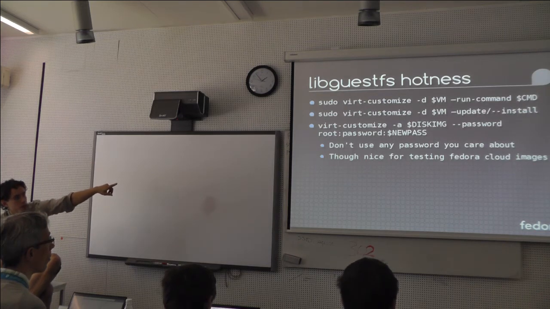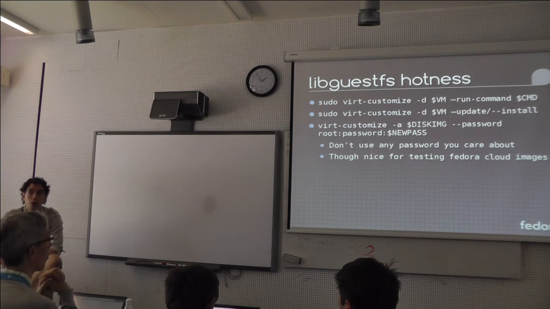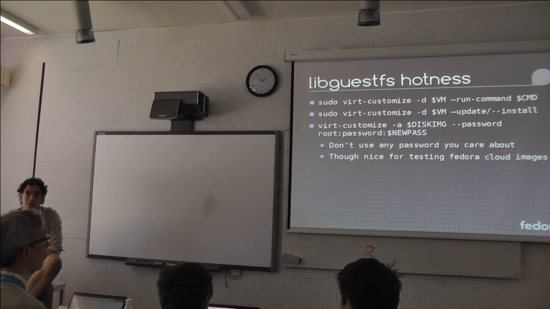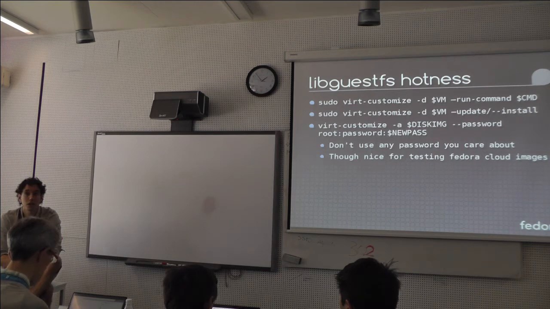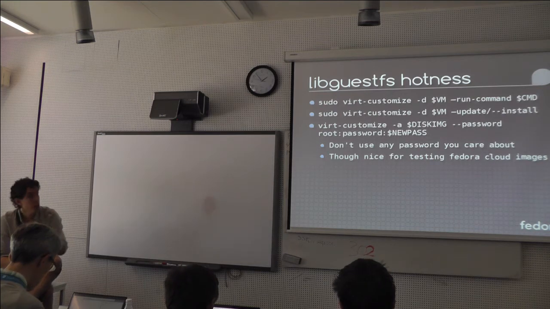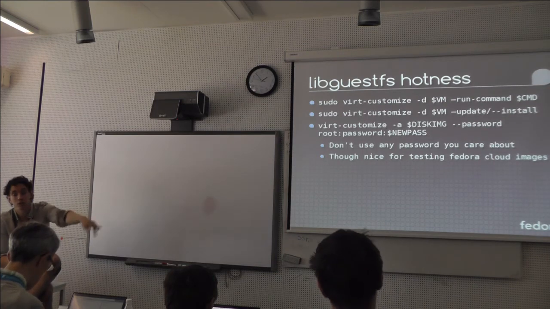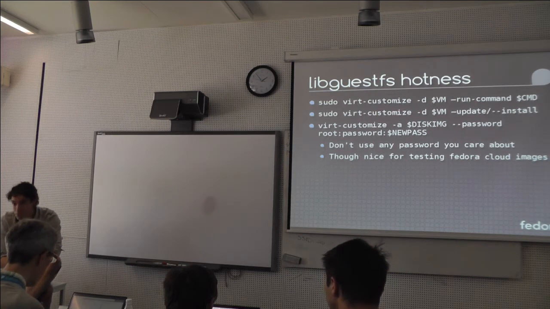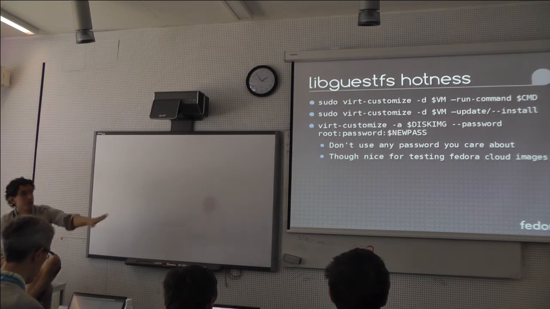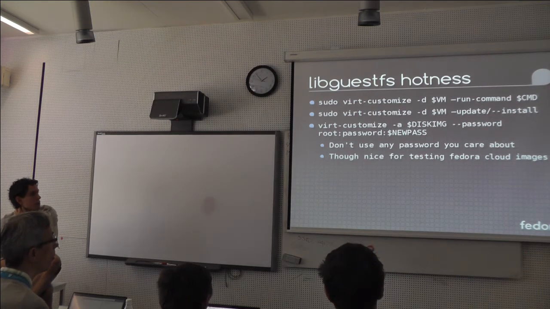This last one here is for changing the root password. This is kind of useful for cloud images. If you download the Fedora cloud image, it by default has the root account locked, I believe. What it wants to do is see a cloud-init disk attached to it, and so on. It's not really meant to be run by hand, but it can still be useful. You can use this command to just change the root password or whatever you want. Obviously, passing the password on the command line is not secure because it's going to be in your bash history or whatever. So don't use any password you care about in that specific case. I think there is a way to get it to prompt for a password. But